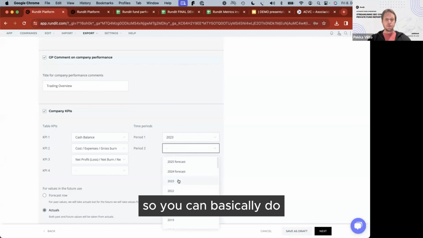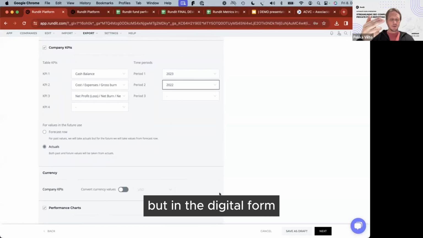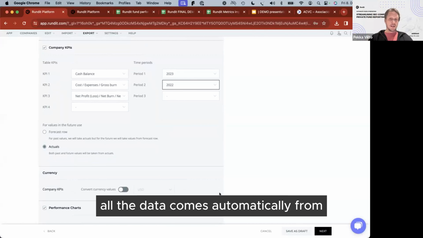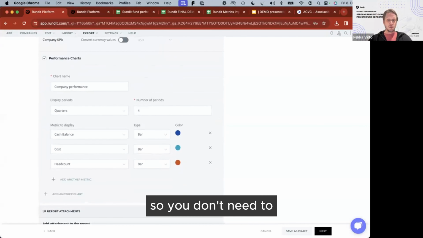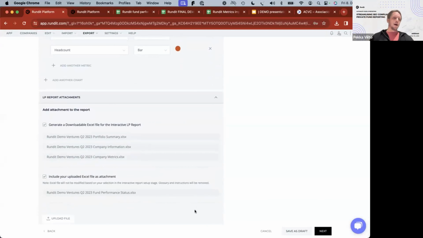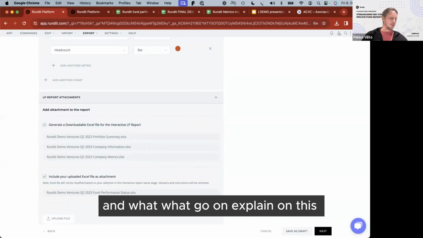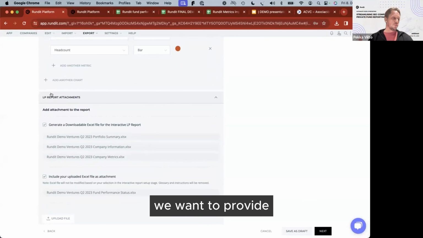So you can basically do similar types of reports as you are doing now, but in digital form, and basically all the data comes automatically from the Rundit platform, so you don't need to stitch it together from different data sources.